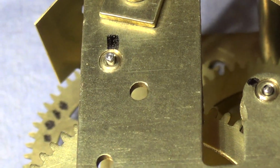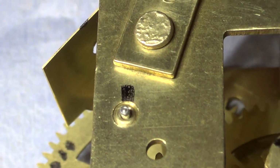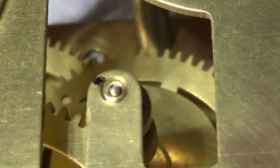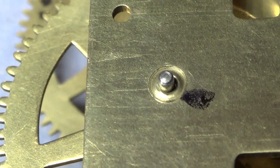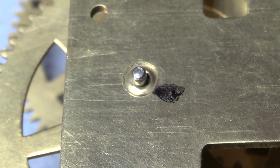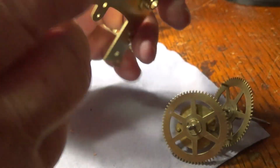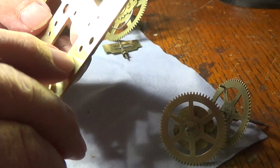First thing I'm going to do is, I've identified with a little black mark what the unworn side of the pivot is, or the bushing is, and I'm going to use a file to file those out. Okay, on this side I'm going to be replacing